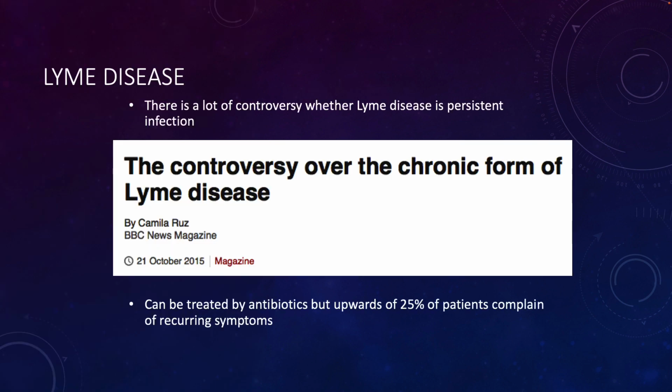Now, sometimes when you talk about Lyme disease, people do talk about what they call chronic Lyme disease. And there can be a controversy about whether Lyme disease is really a persistent infection. What I mean by there's a controversy is we don't doubt that people still experience symptoms years after the initial infection. That is not in doubt. If people have arthritis, people have arthritis. If people don't feel well, people don't feel well. I don't question that.